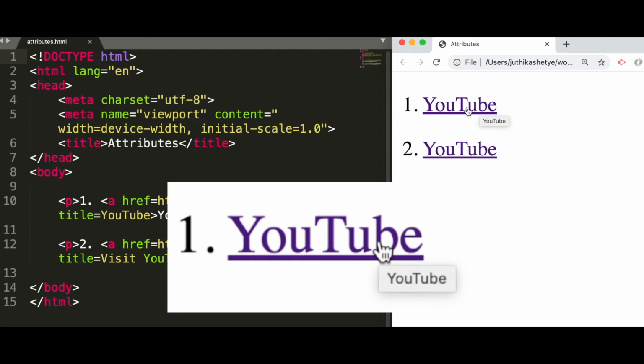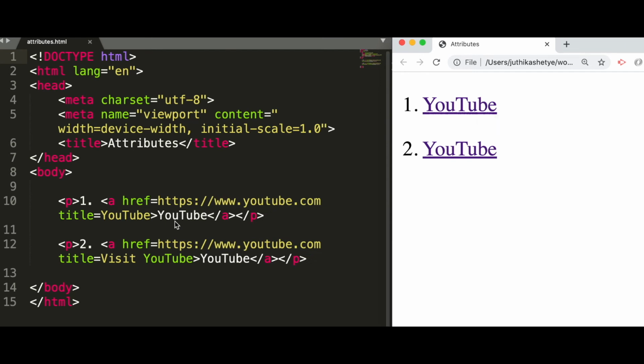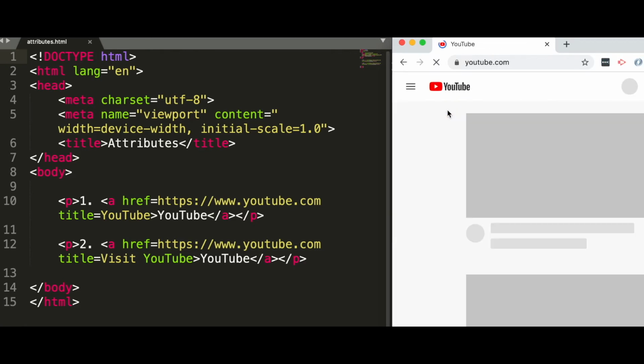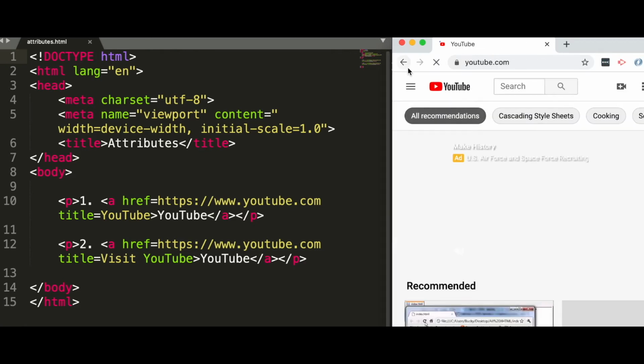So as you can see, this YouTube tooltip is popping up here when I hover over this link. So great, that worked well, as that's what our title said in the code, YouTube. Even the link is working and directing me to YouTube when I click on it.